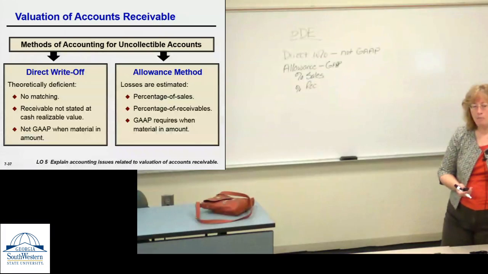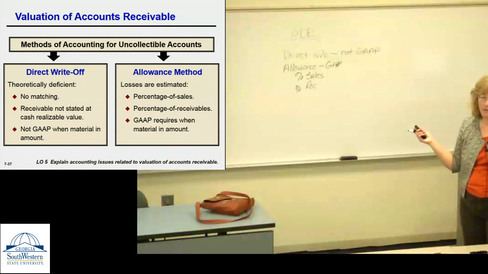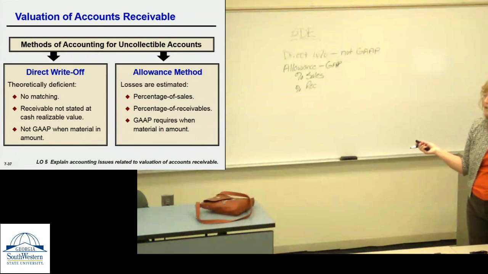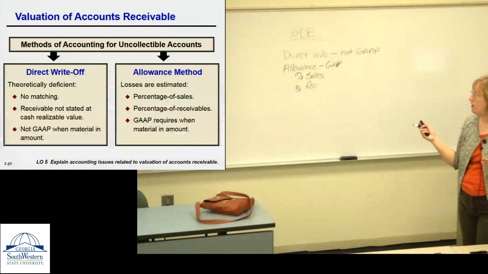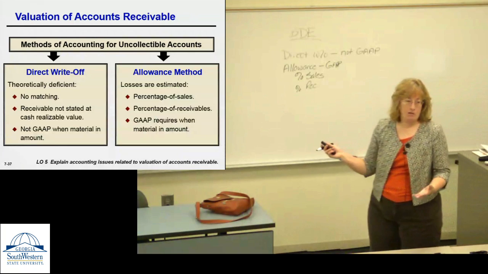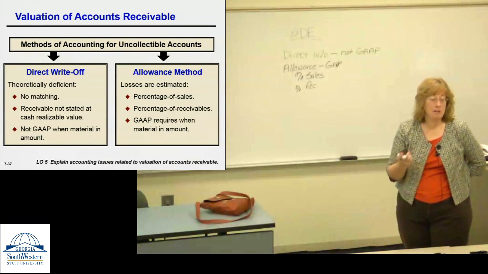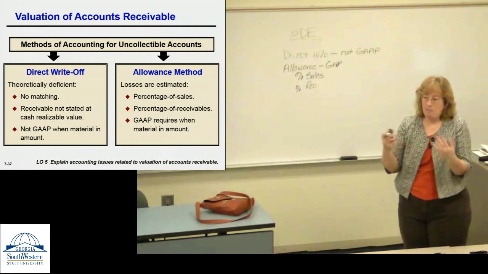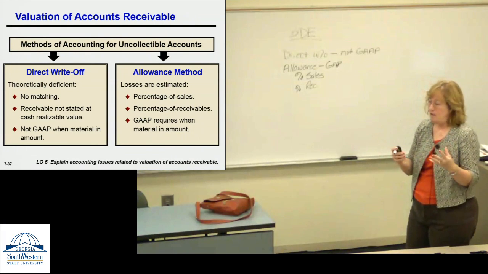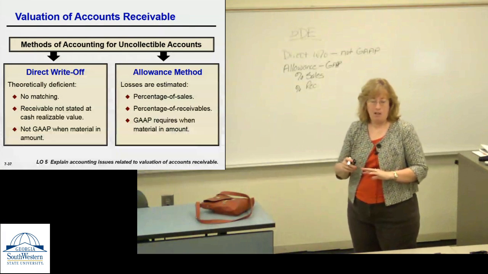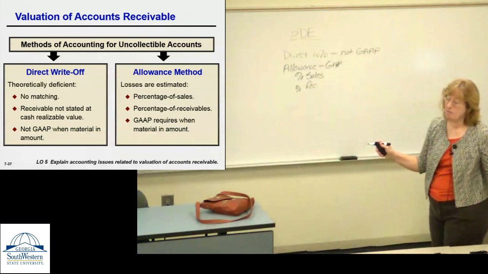If you're in a company that's required to present your financial statements in accordance with GAAP, you have to use the allowance method unless it would be immaterial, unless your bad debts are immaterial. Like the place where I worked, we never did have any bad debts really, and any bad debt that might pop out was going to be immaterial,